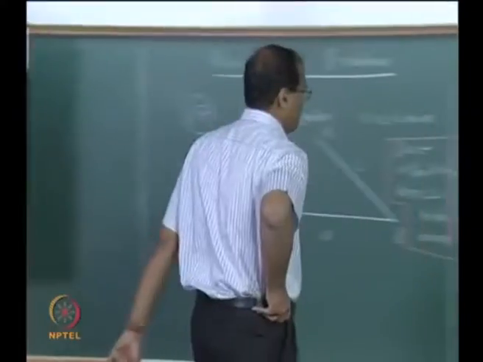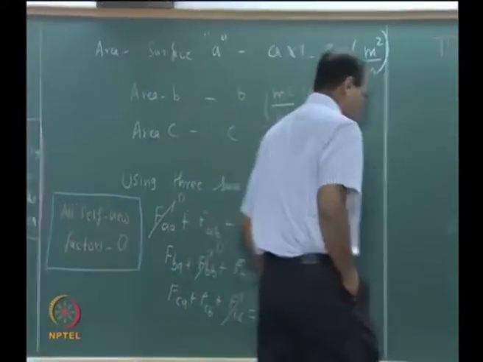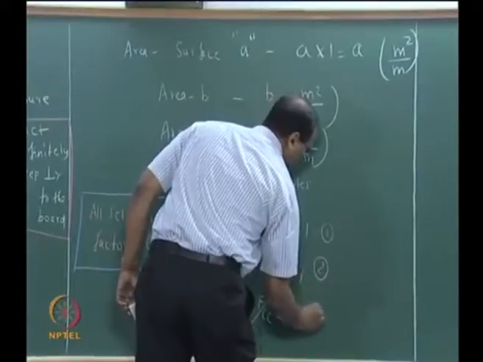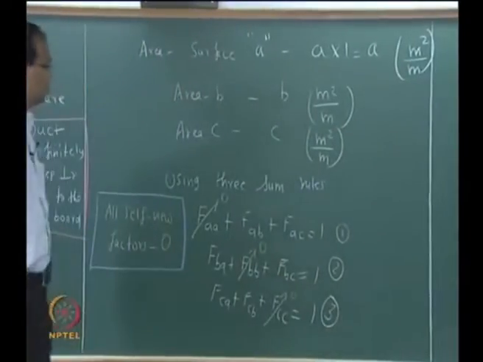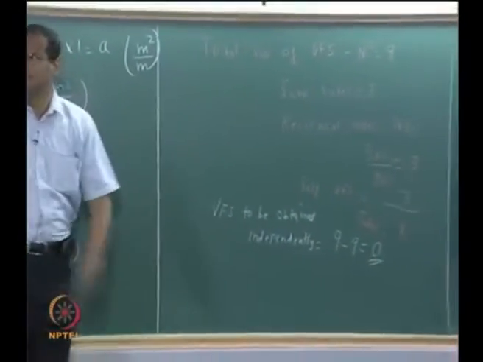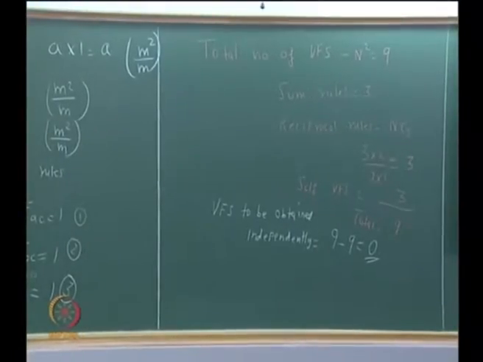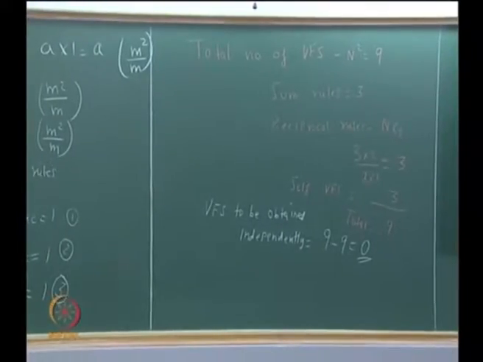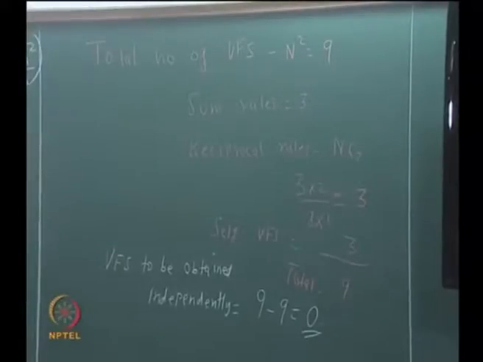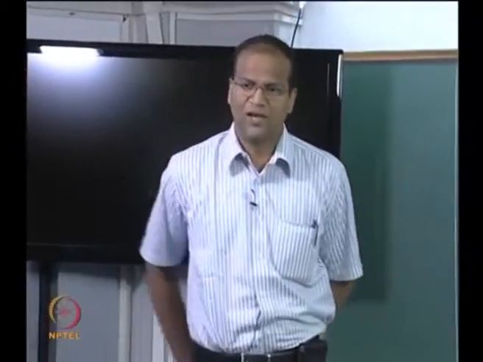Okay, fine. Now we are at this stage. You can call this as 1, 2, 3. In fact you can start with this as the preamble to the problem. You can start off the problem by saying how many view factors are there in total, how many sum rules, how many view factor relations are available for you to exploit. So that is n squared, minus, finally we arrived at a number 0. Therefore integration formula is not required. Then once you are convinced, then you know that somehow you have to algebraically manipulate all the view factor relations to get the view factors.